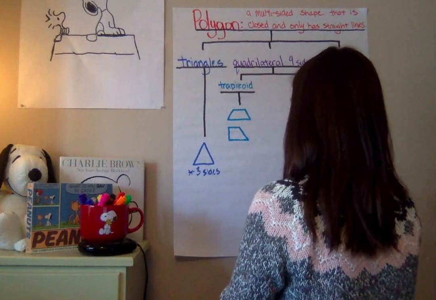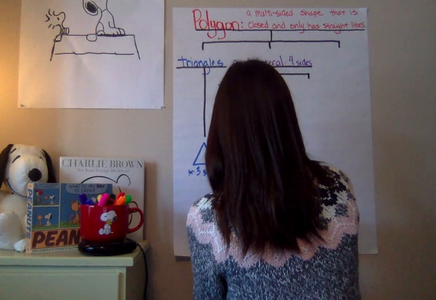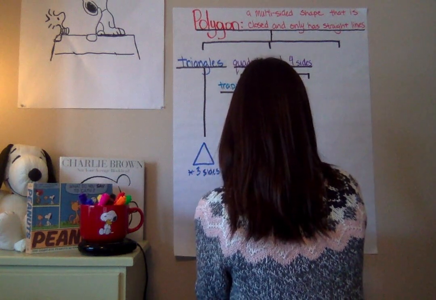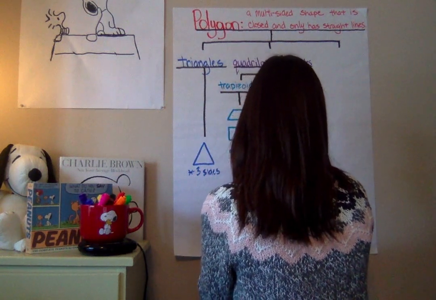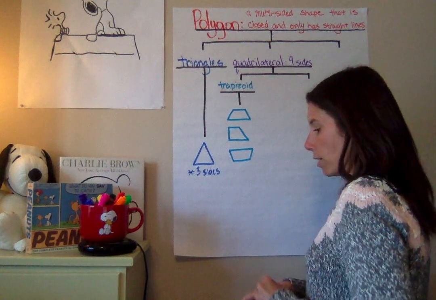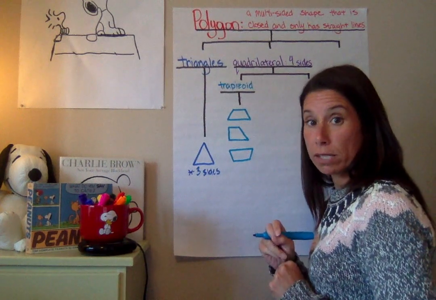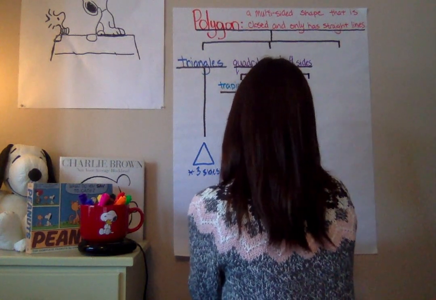Okay, and then again, another type of trapezoid would look like this. Okay, the biggest thing we need to remember is that there is 1 pair of parallel lines. Okay, so here we're going to put